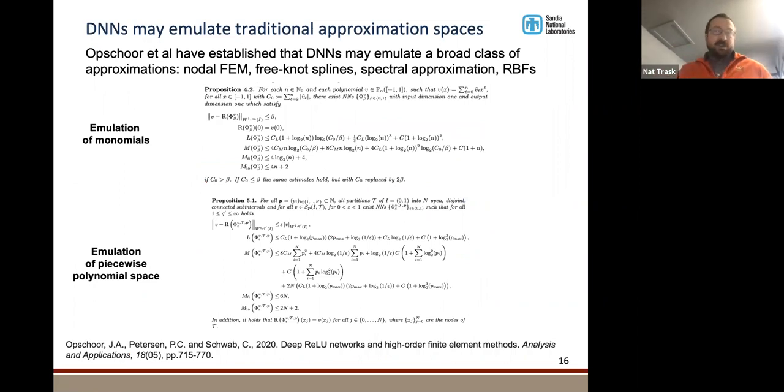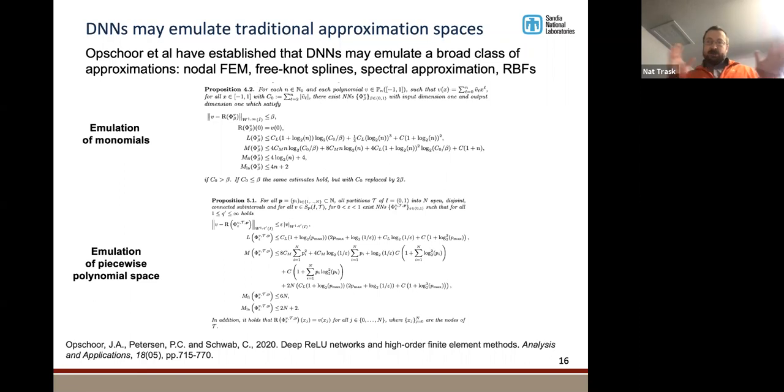And so I mentioned that we were digging into the approximation theory literature. And this one paper in particular, I very highly recommend, really gets at the nuts and bolts of what's going on. In this paper, they established that deep neural networks can emulate a super broad class of approximations: finite elements, free-knot splines, global spectral approximation, RBFs, and so on. And so basically what we did is we zoomed in on the part about hp finite elements. And it turns out that there exists a neural network. You may not be able to realize it during training, but there exists a way of choosing weights and biases so that a neural network can